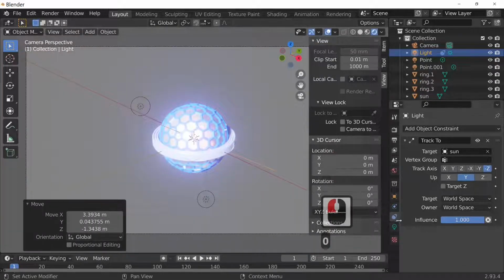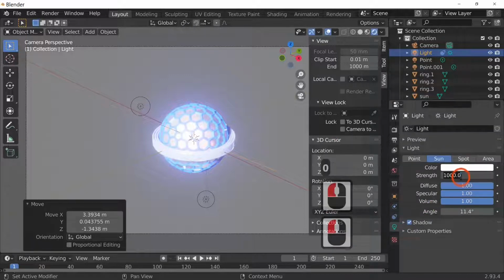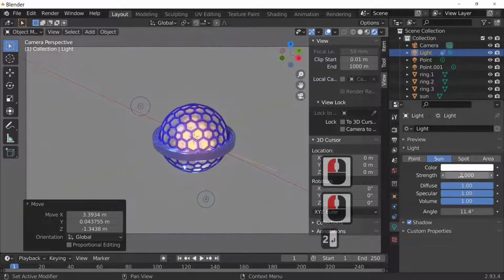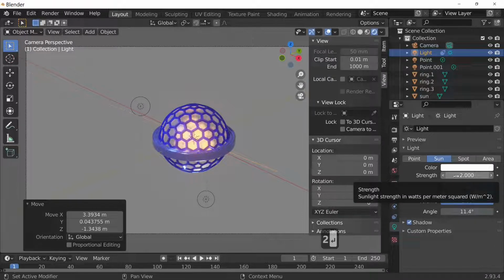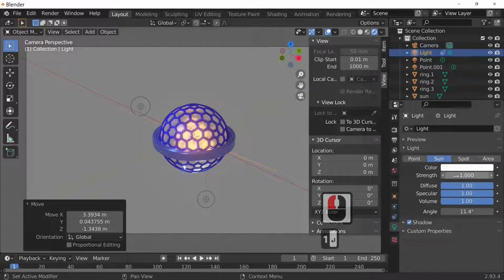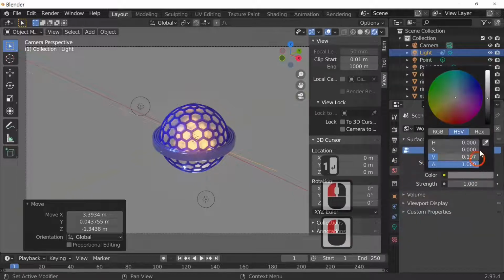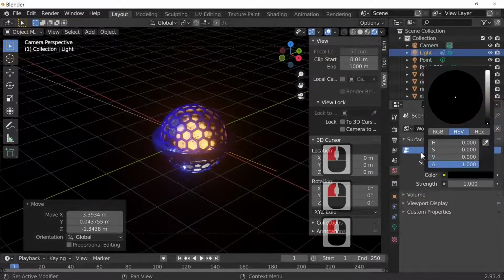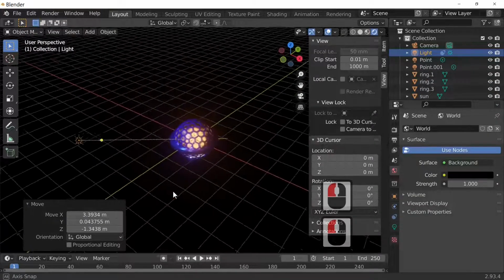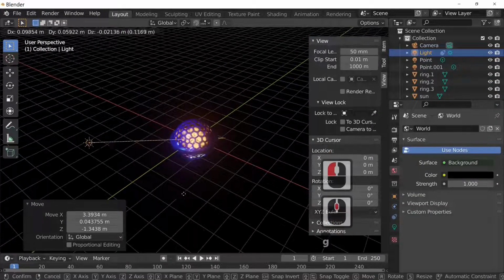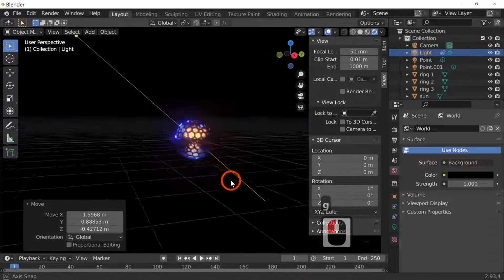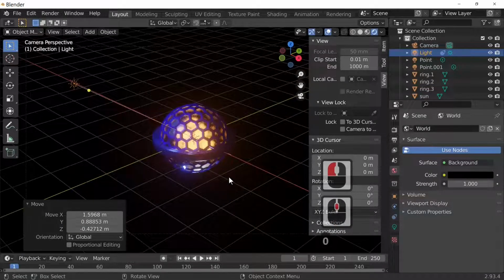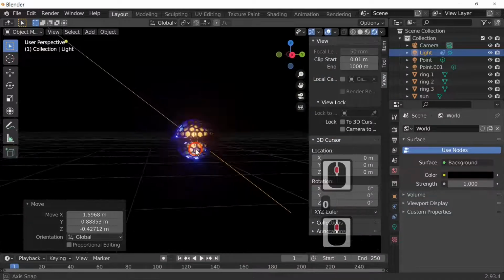But as you can see, it's way too bright, so I'm just going to reduce it to about 2, maybe 1 even, and then take away the other light, and you just move it round until you get the desired effect you want, which I think is there.